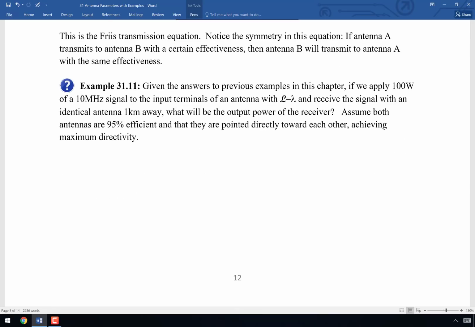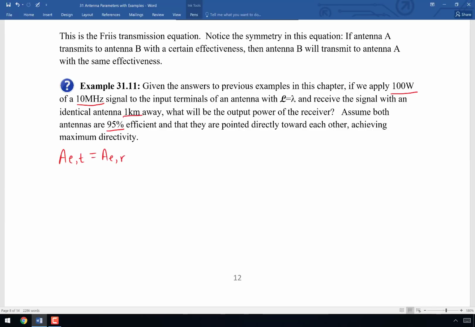So let's figure out: I have 100 watts going in at 10 megahertz into the input terminals of an antenna. It's a finite dipole with length equals lambda, and I receive the signal with an identical antenna that is 1 kilometer away. What is the output power of the antenna? We'll assume that both antennas are 95% efficient and that they're pointed directly toward each other, so they have maximum directivity. Okay, so we need to calculate A sub E comma T, which,